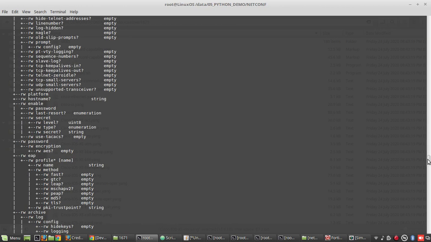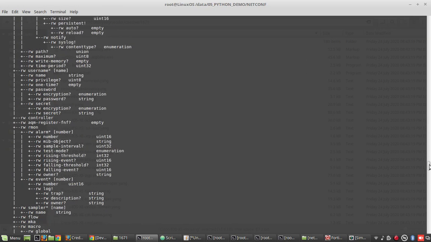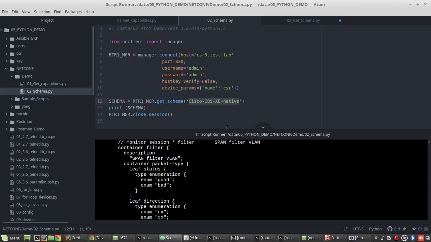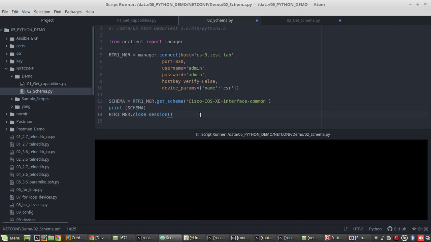Once we start filtering, we'll see this in detail. Now we'll see another module. Let's try to decode another model. Cisco-IOS-XE-interface-common is another data model. Yeah, let's try to execute this.